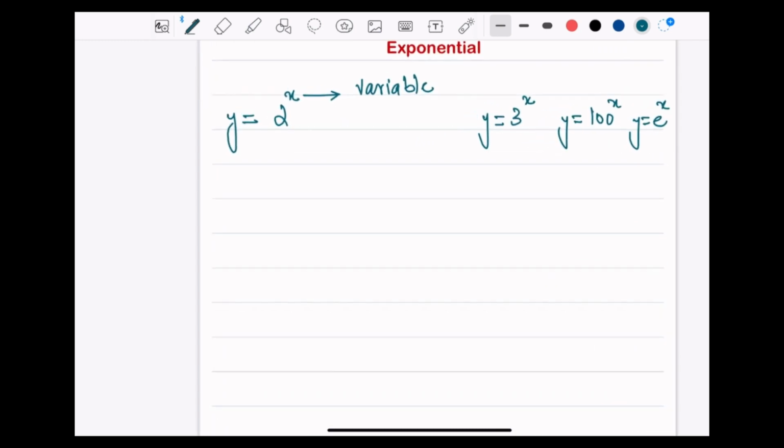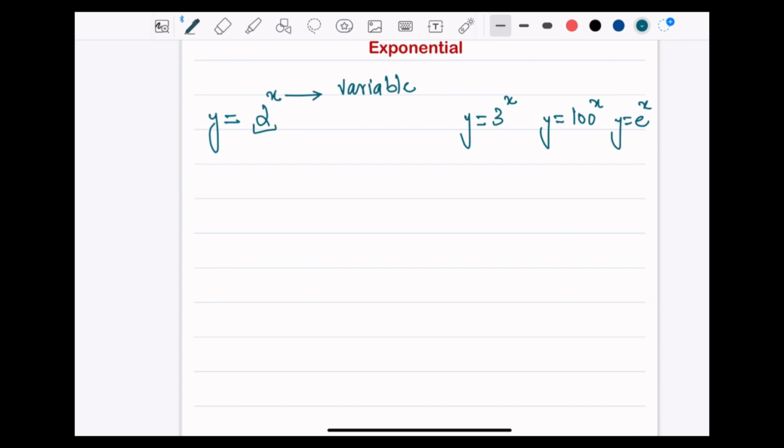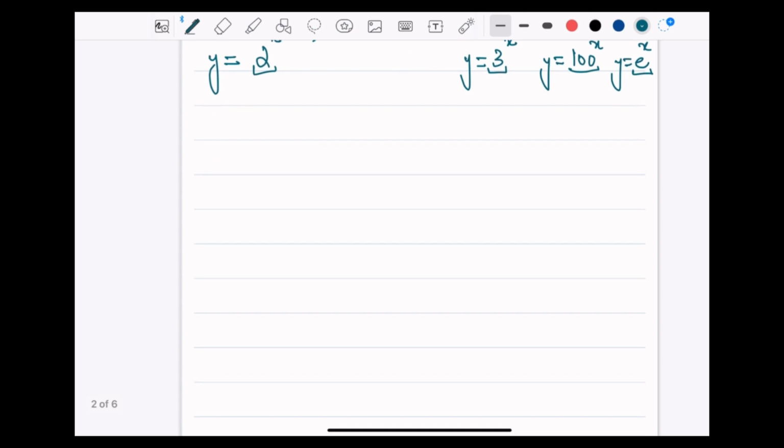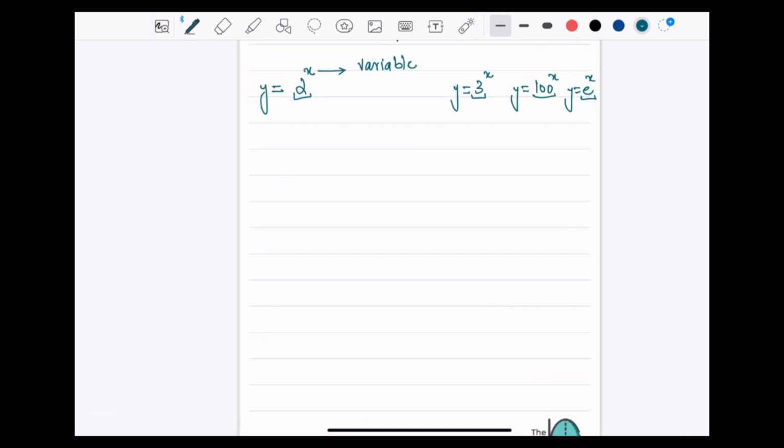Note that in all of these, the bases are constants. They have a value, but the powers are variable. They can change. So this is called an exponential equation. So let's say if I have y equals 2 to the power of x, and if I have to draw this,